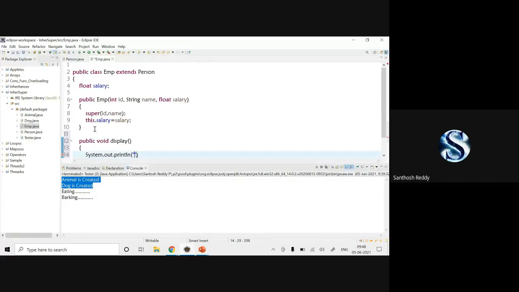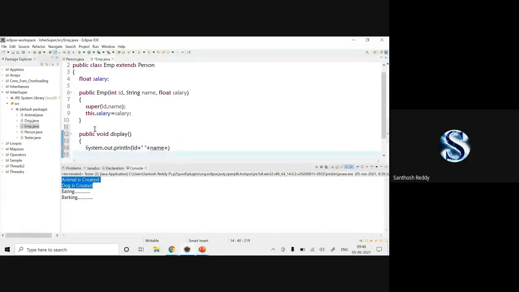Now ID plus name plus salary, and I'll give a semicolon. Save the code. That's it. So ID, name, salary I have extracted from the person class.